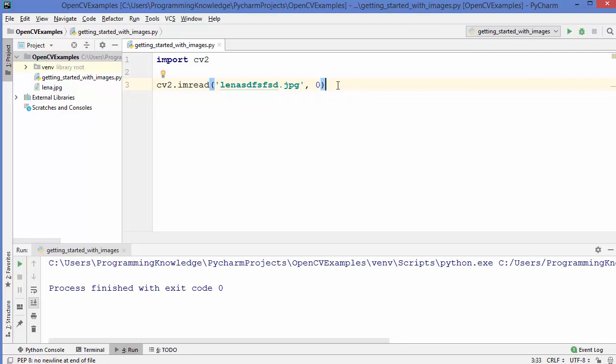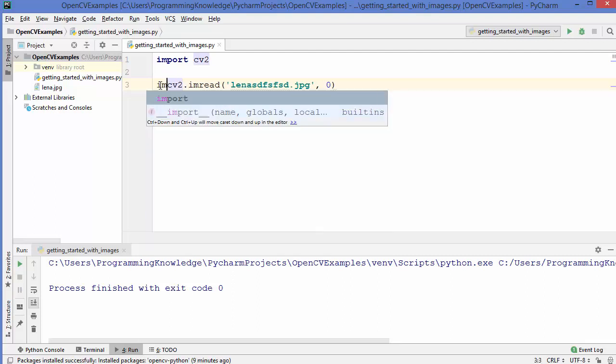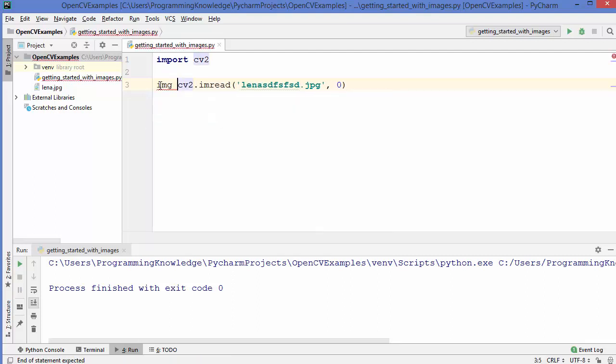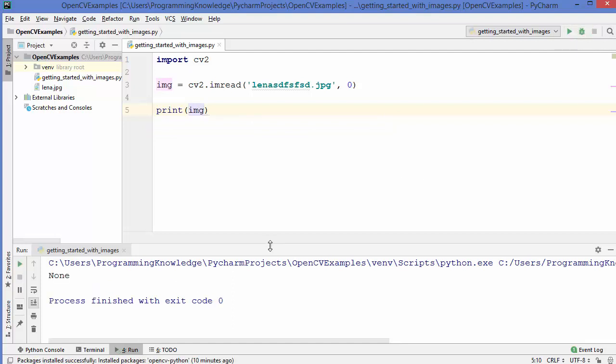So even if you give the wrong file path or file name here, this function is not going to give you any error. Now in case of a wrong path or wrong file name, let's say I'm going to just assign this value to a new variable, which is img, and let's print the value of this img using the print method, and then let me run the code once again.